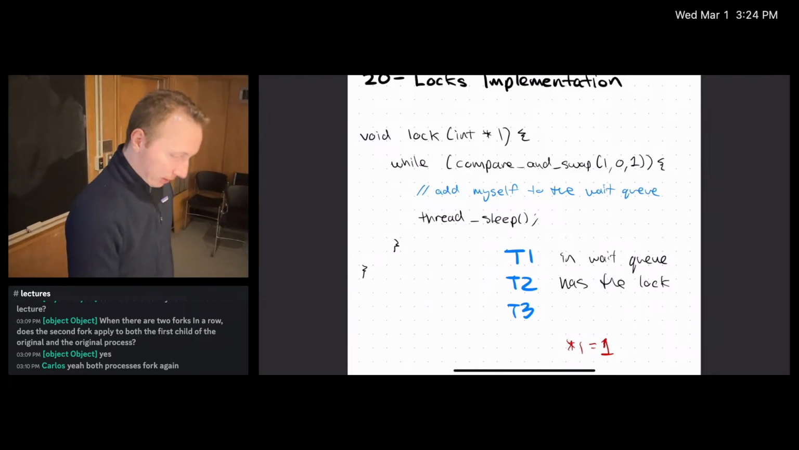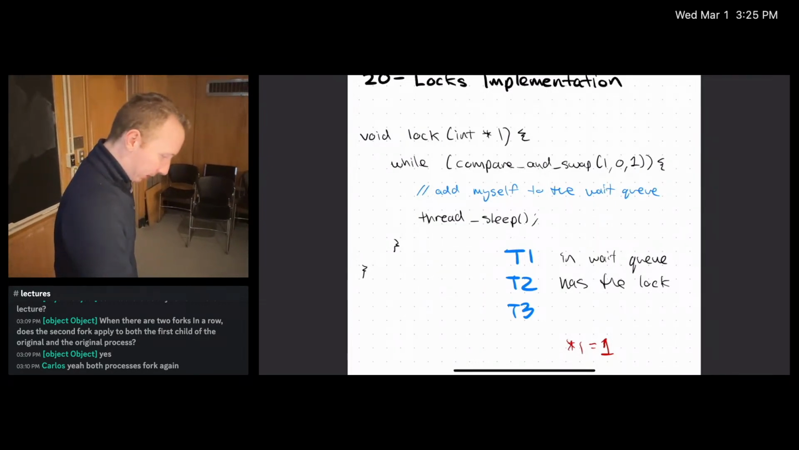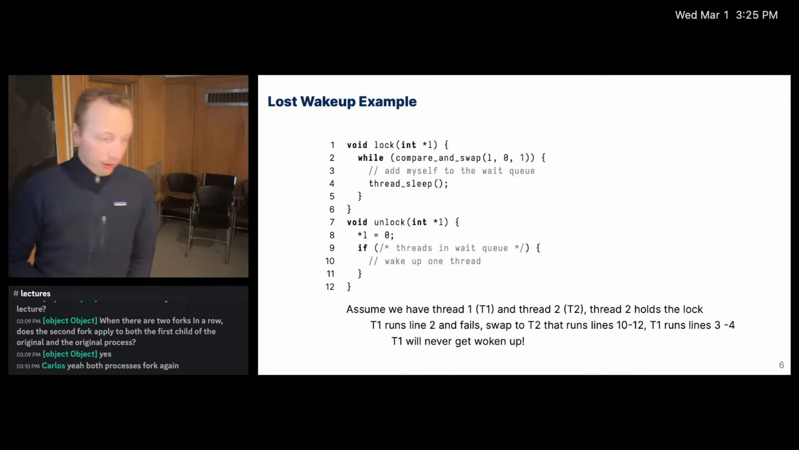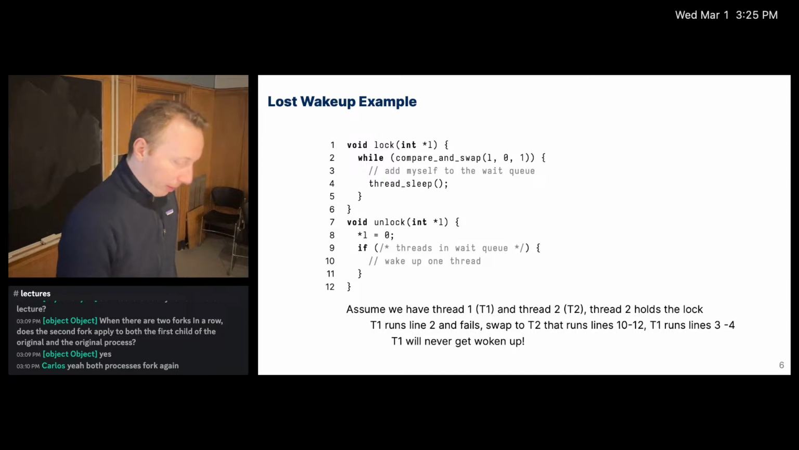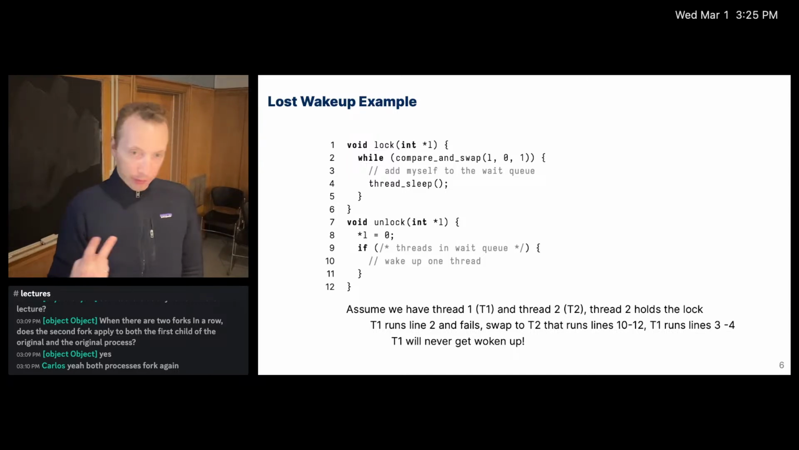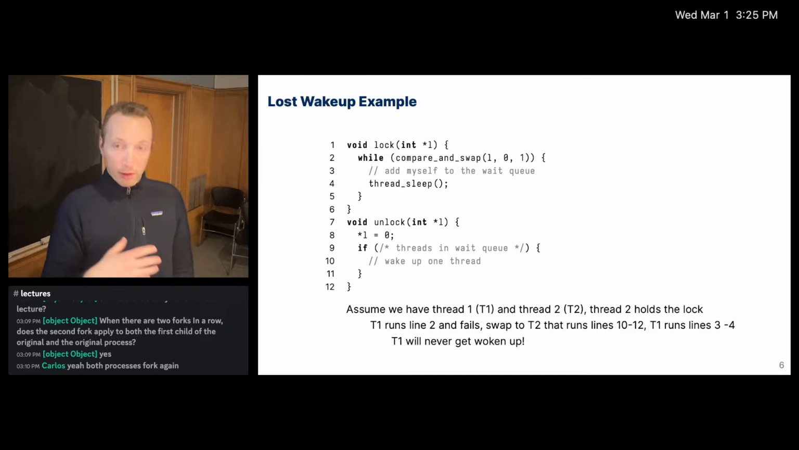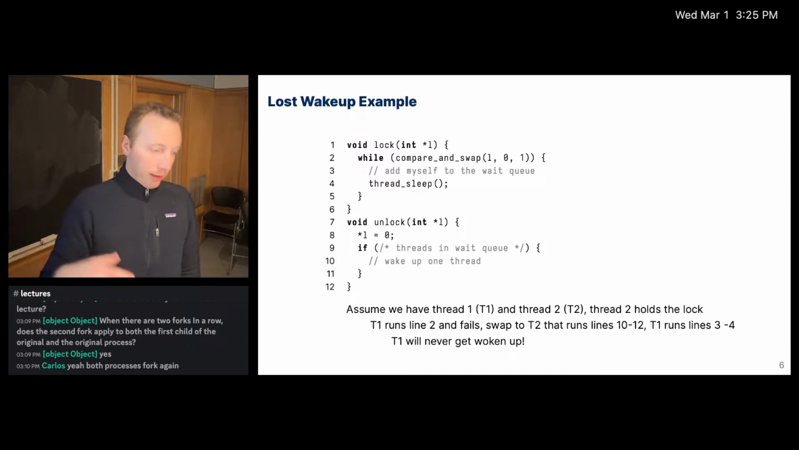Cool. So here is the lost wake up example. What we just demonstrated: we have 2 threads, thread 1 and thread 2. Thread 2 has the lock. So if thread 1 gets into the loop and swaps before it adds itself to the wait queue, then T2 unlocks. It would check if there's anything in the queue. There's not, so it wouldn't wake up anything else. And then that thread just puts itself to sleep, and now potentially nothing will ever wake it up